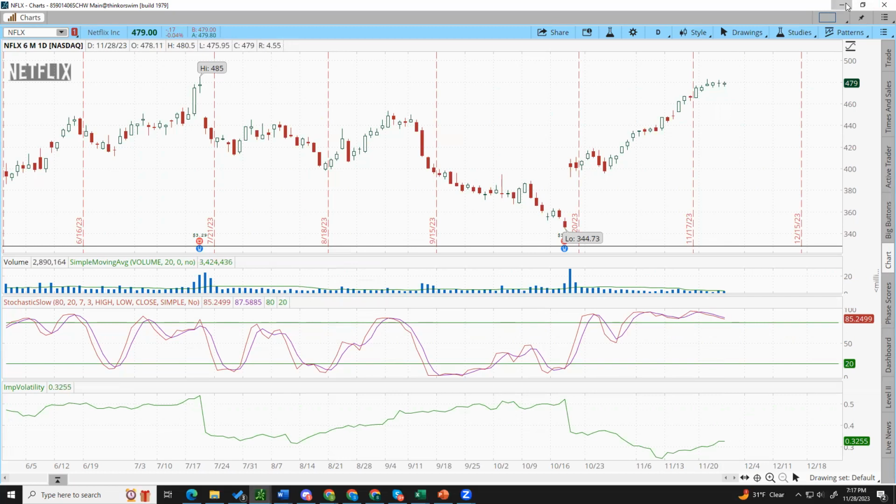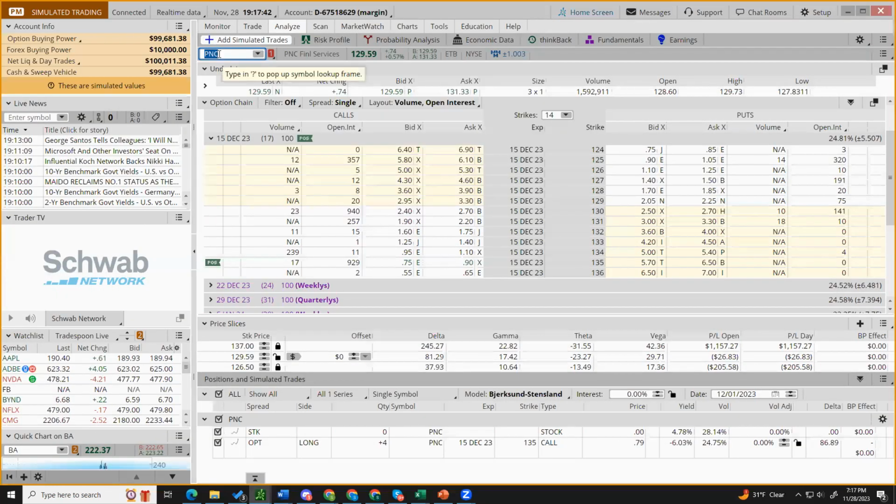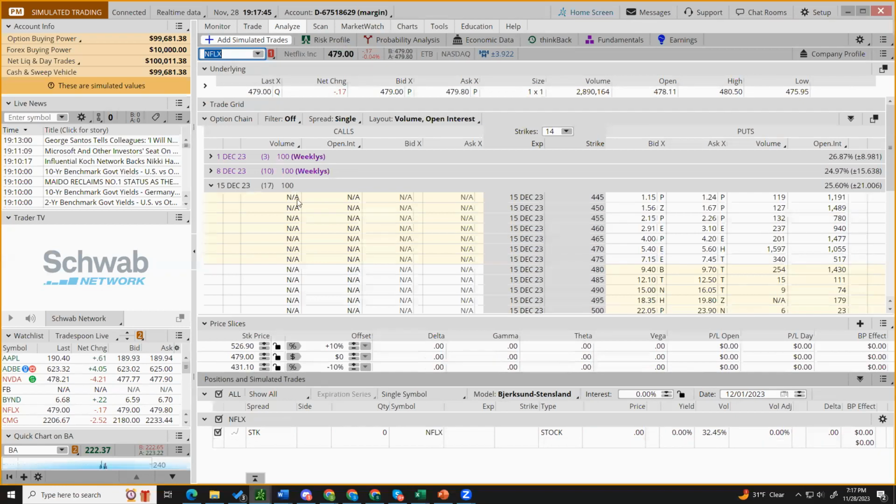If I go look at the volume and the open interest on Netflix, I would expect it to be pretty decent. You can see we've got dozens and thousands. We don't have thousands and tens of thousands because not many things do. Dozens, hundreds, and then thousands. What does that give me? Well, this is a $12 option, so I would want it to be less than $1.20. Yeah, it's 25 cents. Well, 25 cents on a $12 option is like 2.5 cents on a $1.20 option. So I'm okay with that. That's pretty tight. I could live with those spreads right there. Absolutely.